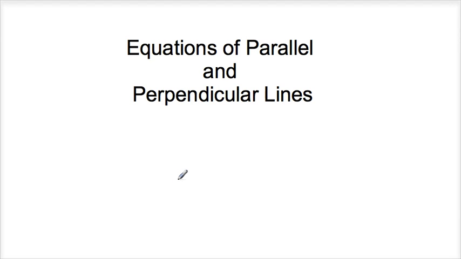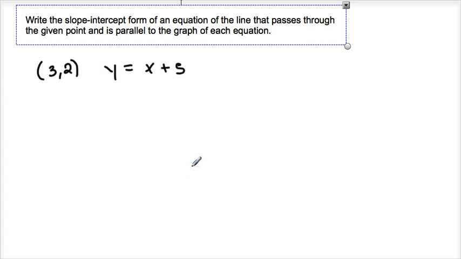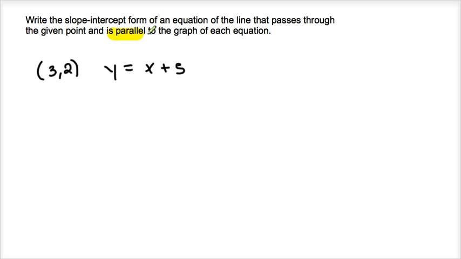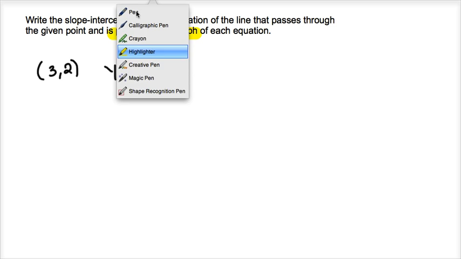So this is writing equations of parallel and perpendicular lines. If we have the directions written, write the slope-intercept form of an equation of a line that passes through the given point and is parallel to the graph of the equation. One of the most important parts here is that it says it's parallel to the graph. If the lines are parallel